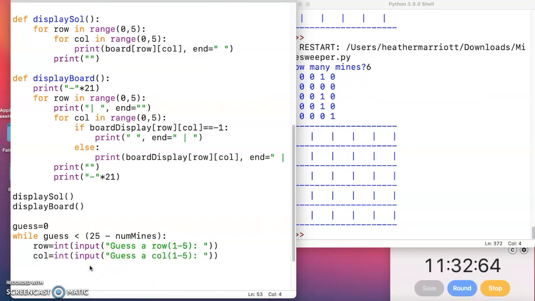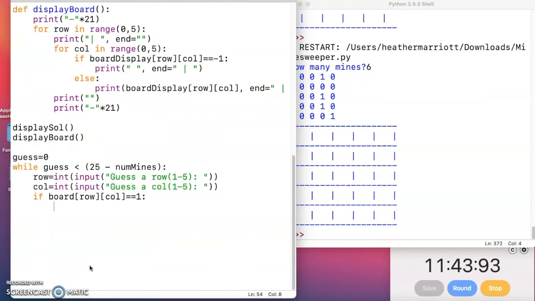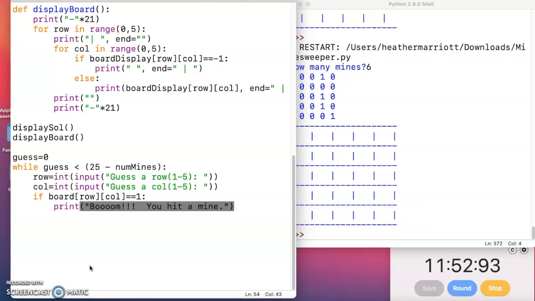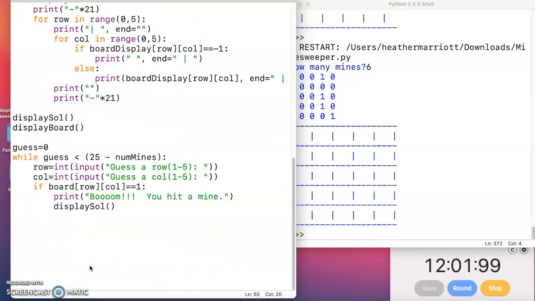And now we see if they've hit a mine. So if the real board, the solution board, at the row and column position has a 1 in it, that's one of those randomly selected spots where we put a mine. So then I'm going to print, boom, you hit a mine. And this would be the ideal time to show them the solution. So then I could display the solution. I forget the exact name of that function. Yeah, that's what it was. Else,